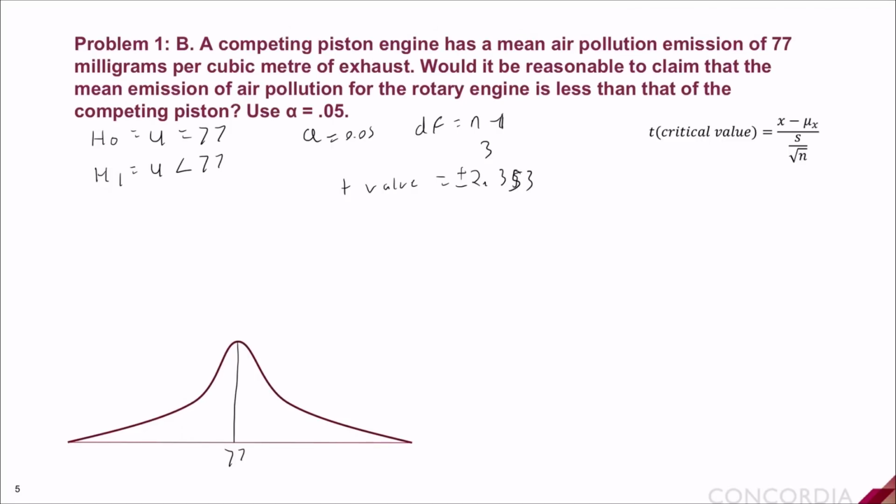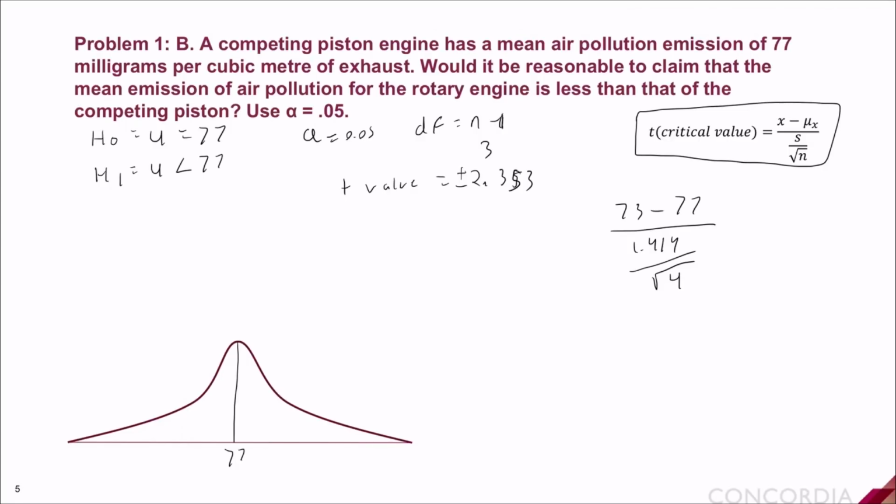Now we need to find our critical value using this formula, and all we have to do is plug in the values we found in part A. So in part A, our x was 73 minus the mean of this problem, which is 77, divided by our standard deviation, which was 1.414, divided by the square root of our sample size, which is 4. This gives us a value of 5.6577, which means